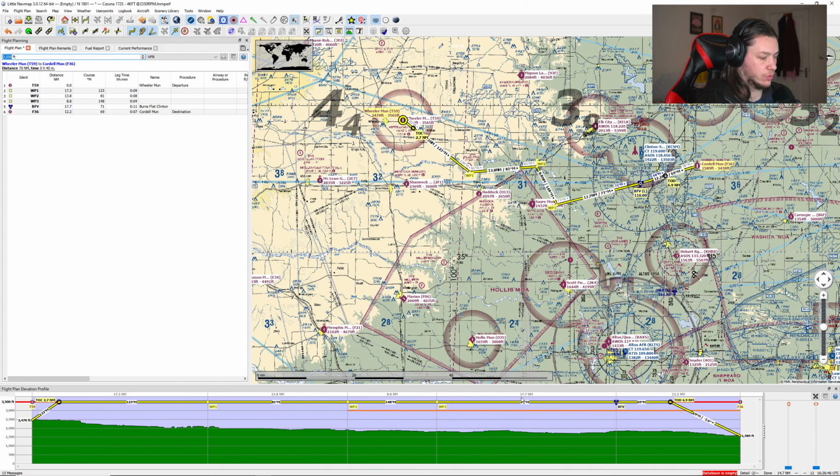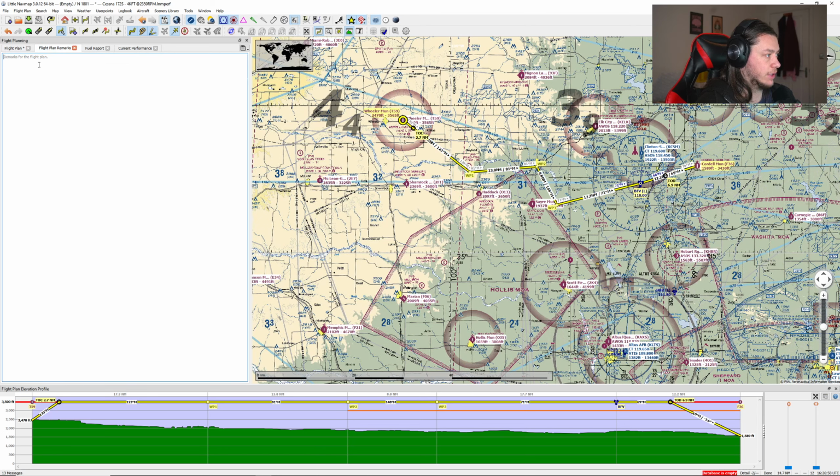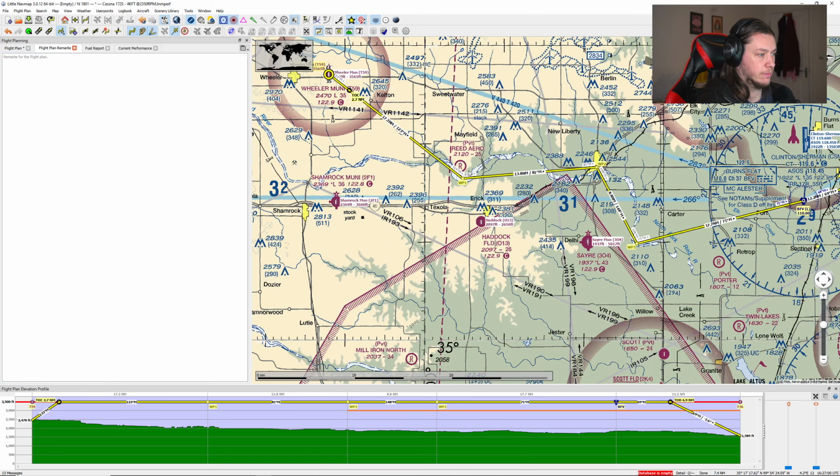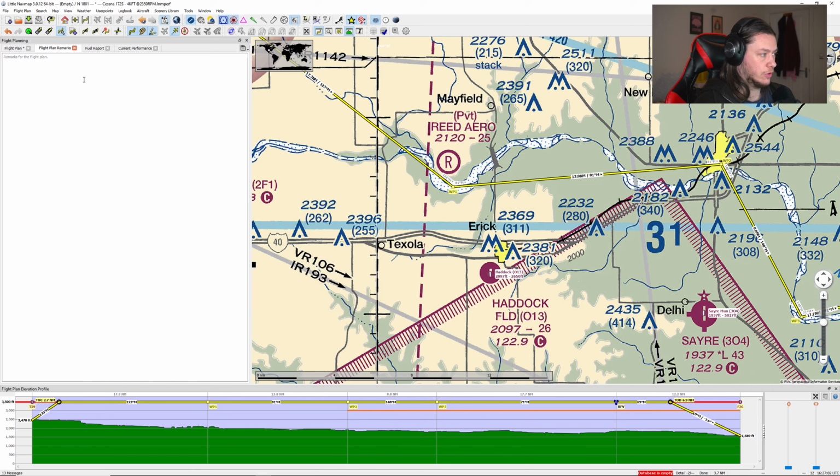Once we've got an actual cruising altitude, it gives us our leg times here. Like I said, Little Navmap creates a navlog in the program, so you only have to use one program. So now I can go into my flight plan remarks. I can start putting in my remarks to my waypoint. So waypoint 1